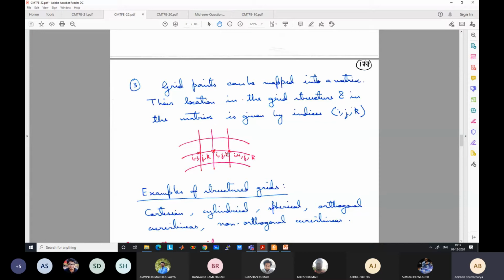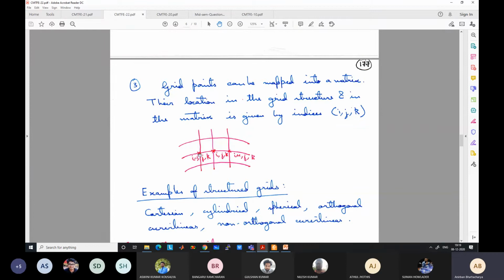On the coordinate lines, you have the grid points. We can define the grid points on the coordinate lines, and the control volumes will then surround the grid points. It will be somewhat like this. The second control volume will be somewhat like this. It will follow the curve, straight line, curve, straight line. If we can devise the grid structure like this, in terms of coordinate lines, we can define variables like I, J, and K, and the grid points increase in a linear fashion along the variable, like I equal to 1, I equal to 2, I equal to 3, I equal to 4, like this.